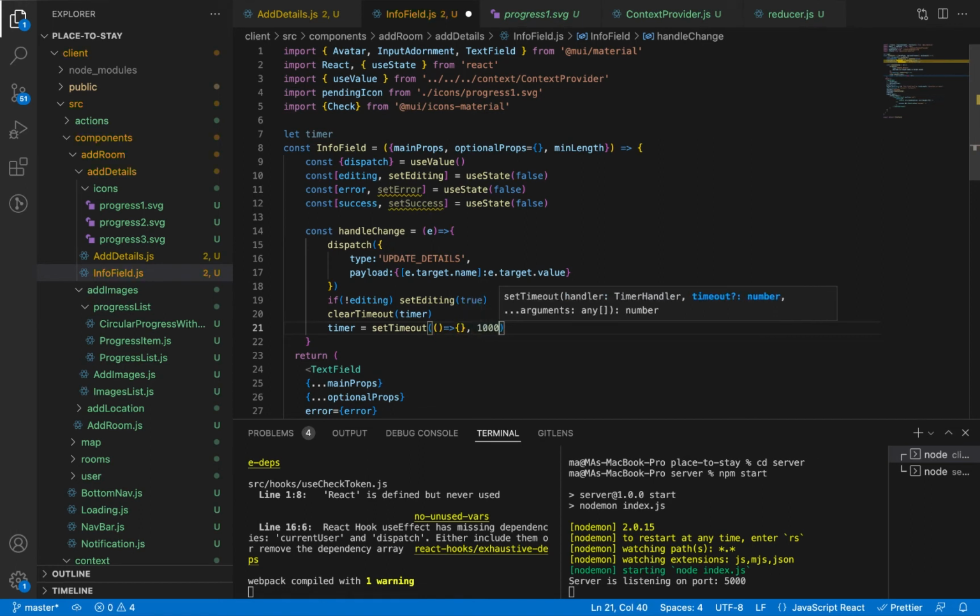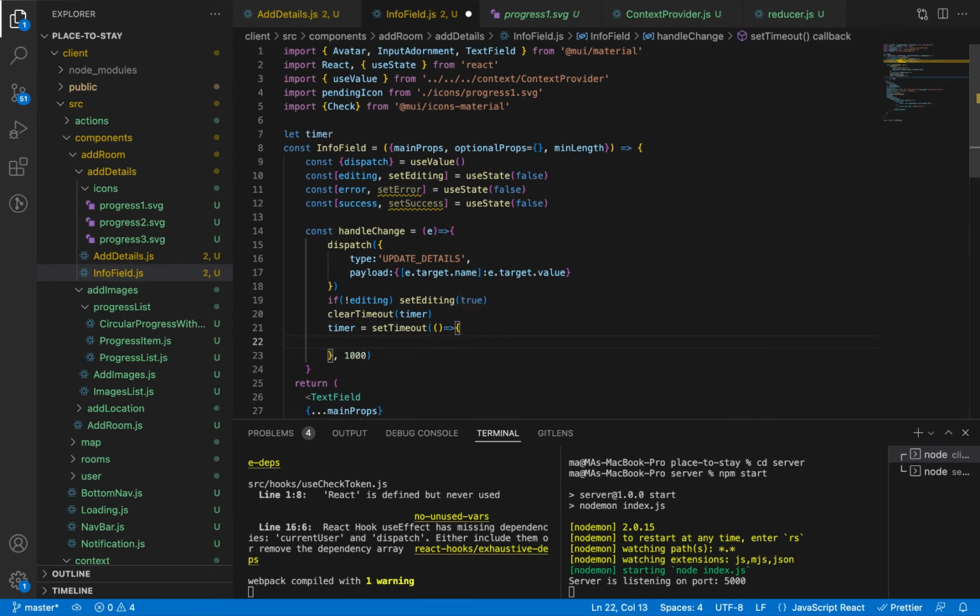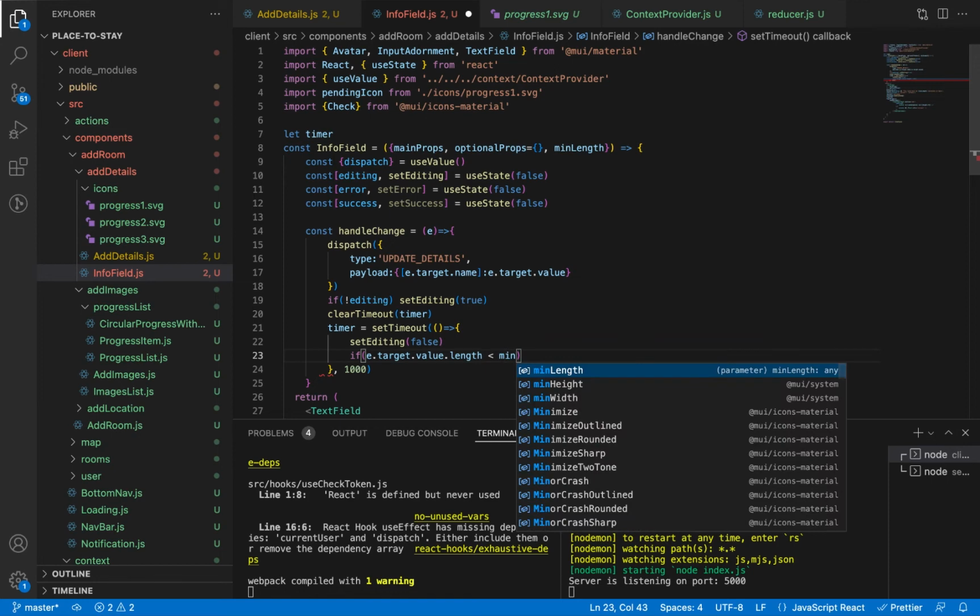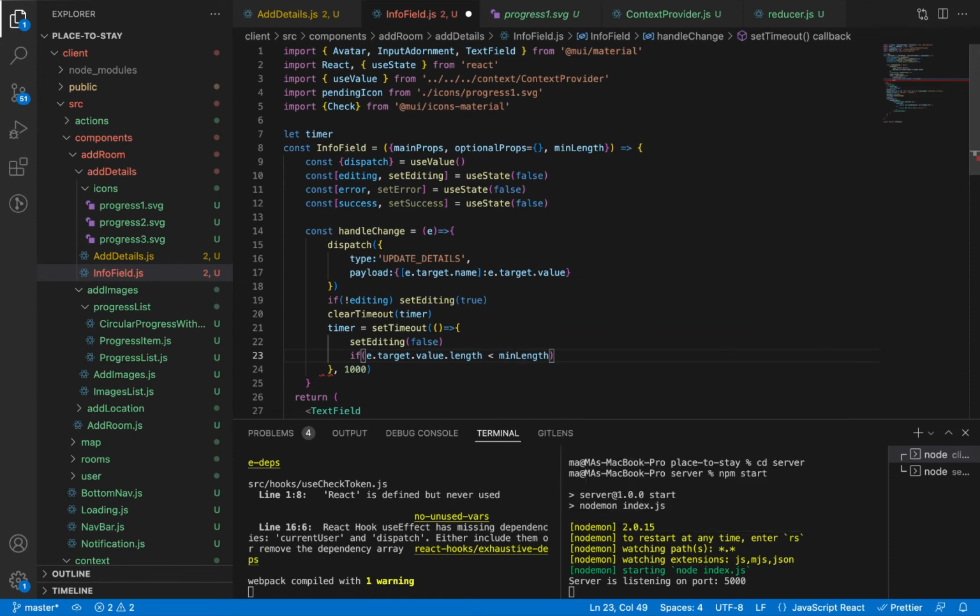And we will wait 1 second before we check the state of the title or the description. If the user stops for 1 second, we will set our editing state to be false, and we will check the state of the title or the description. We'll check the value length. If it is less than the one we received in our prop, min length,